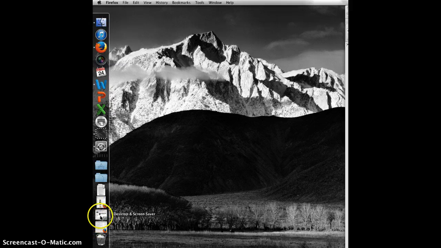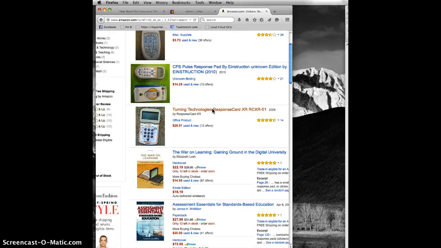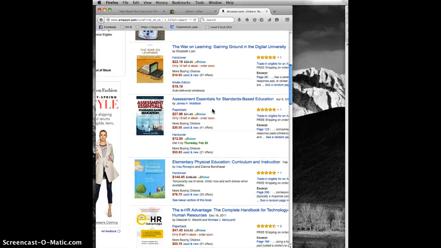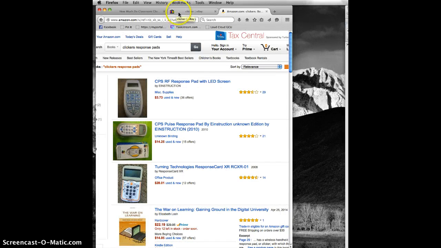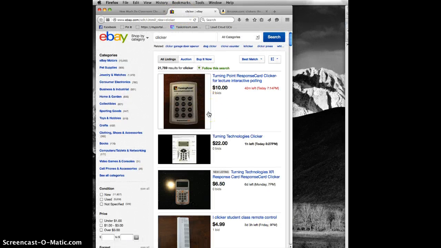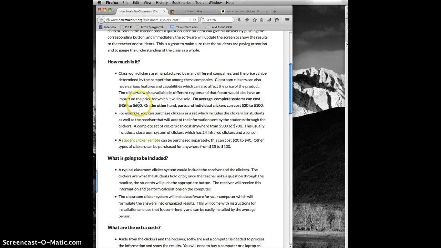After researching on several sites, I found that the cost of a clicker can range anywhere from $5 to nearly $600. If you want to buy them in a classroom pack, they're probably going to be more on the $600 side, which all teachers would really want because it allows all the students to have the same clicker and able to respond with the same